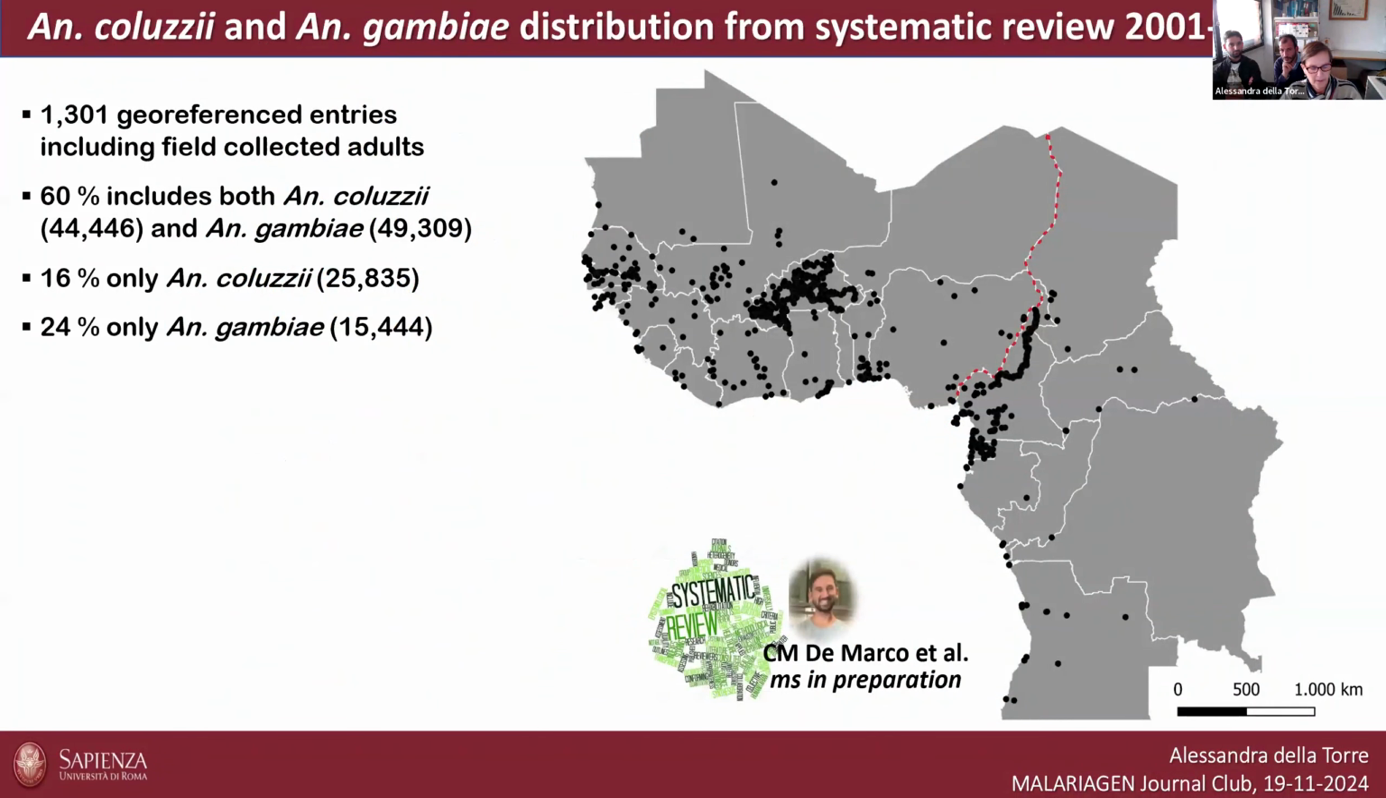Here you can see, more than 10 years after the formal description of the two species, the most updated picture of adult samples collected since 2001 across West and Central Africa. These results come from a systematic review that Carlo is doing in collaboration with us. The manuscript is in preparation and includes more than 1,300 georeferenced entries of adults collected directly in the field. And what is interesting, and I would like you to note, is that